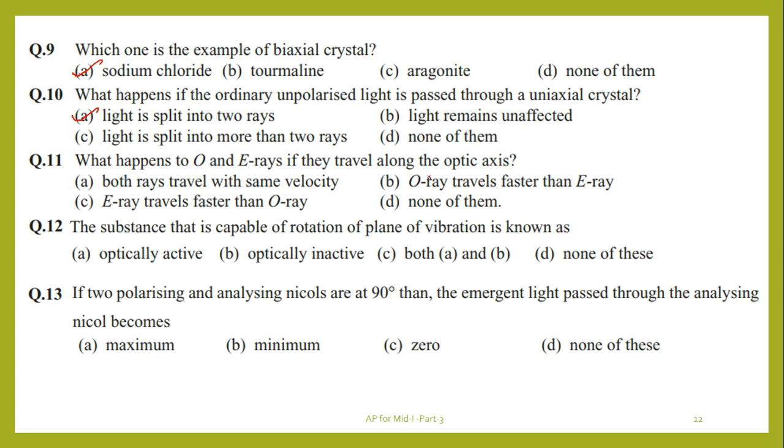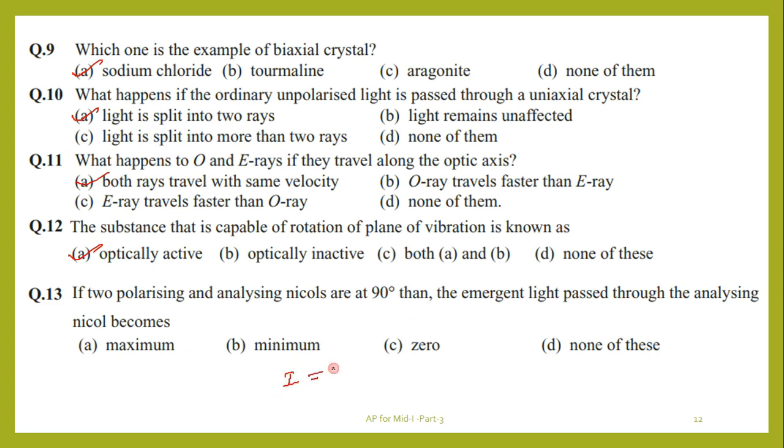Whenever they are traveling along the optical axis, they both will travel with the same velocity. The substance that is capable of rotation of the plane of vibration is known as optically active. If two polarizing and analyzing Nicols (Nicol prisms) are at 90 degrees, then the emergent light passes through the analyzing Nicol becomes